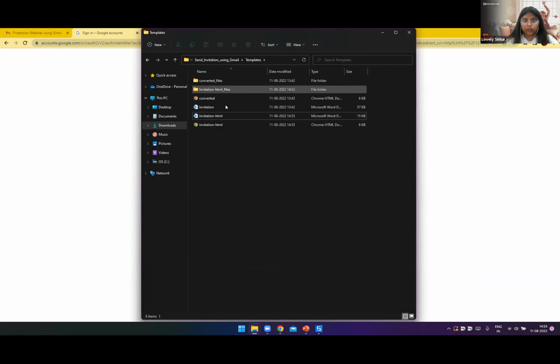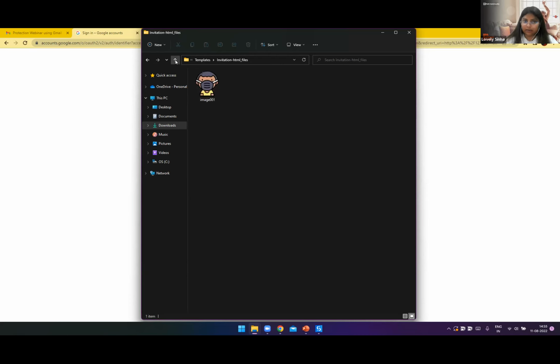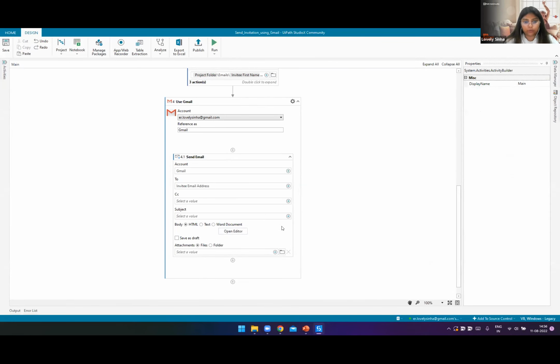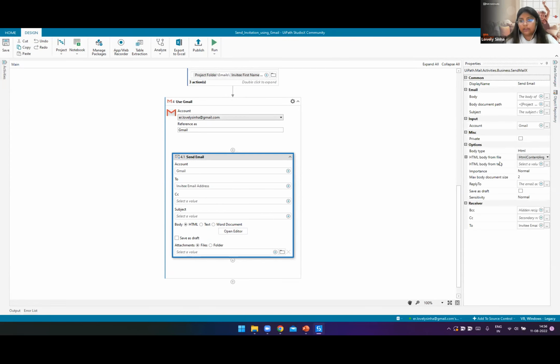Okay, so now if you see that since we converted into a web page, I could see that there is another folder, invitation HTML files, automatically created with that particular image. So this conversion you have to do in order to pass the HTML content in the Gmail. Now I'll quickly go here. And what we have to do is just put it as HTML. And in the HTML body, since we know that it is coming from a document, I will just put it